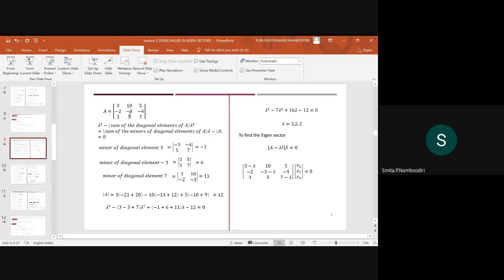सिमिलरली -3 का निकालना है तो सेकेंड रो और सेकेंड कॉलम को छोड़ना है, बाकी के डिटर्मिनेंट्स 3 5 3 7, 21 माइनस 15 दैट इज 6। फिर अगर 7 का निकालना है तो थर्ड रो और थर्ड कॉलम को छोड़ना है, 3 10 -2 -3, so -9 plus 20 which is 11।